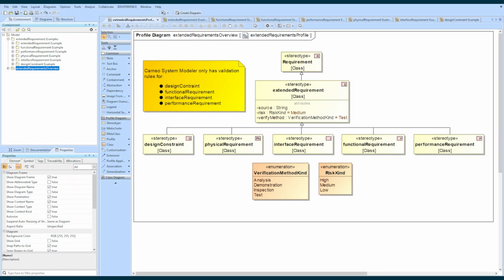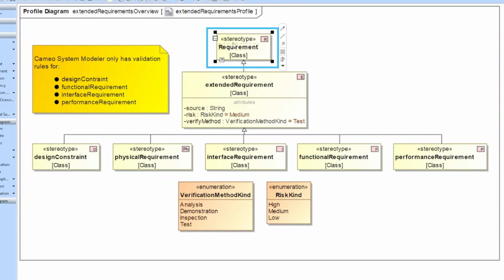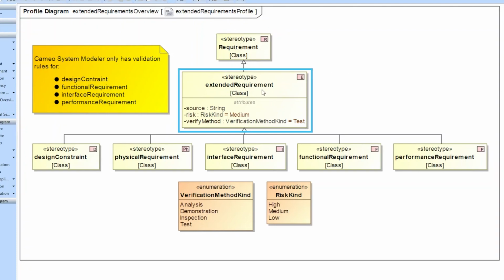So what are the requirement extensions? Well, the extended requirements start as specializations of the base requirement provided by the SysML profile. That's the one here all the way at the top. Below that, we've got the extended requirement, and this adds useful attributes for modelers to use, such as source, risk,